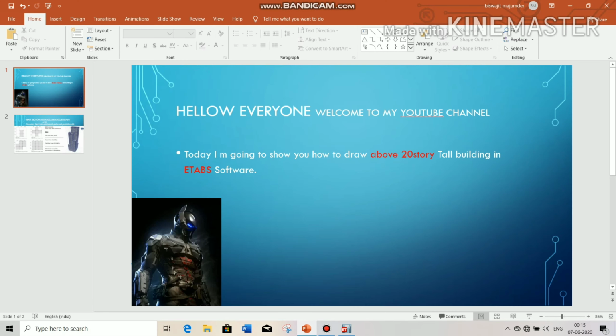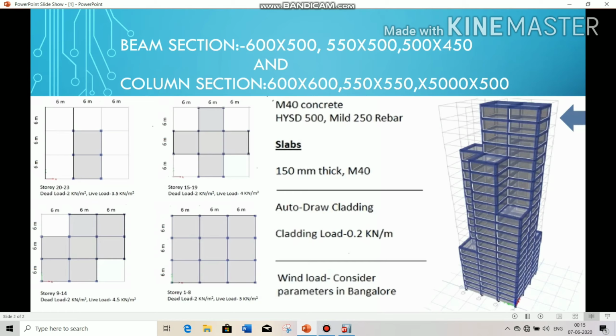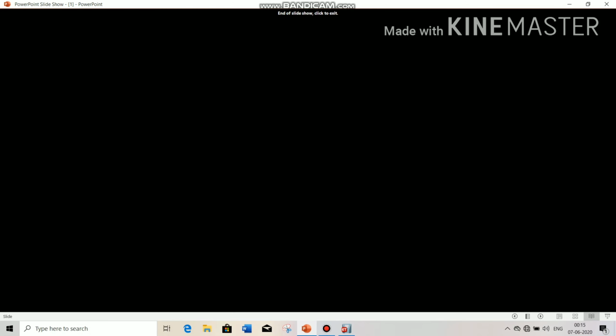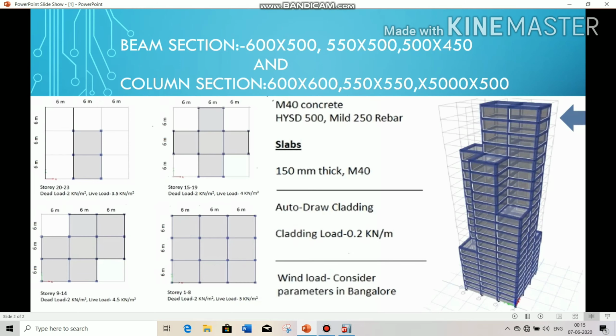Here you can see story 1 to 8 is the same plan, and story 9 to 14 is another type of plan, and 15 to 19 is the same, and 20 to 23 is different from the others.